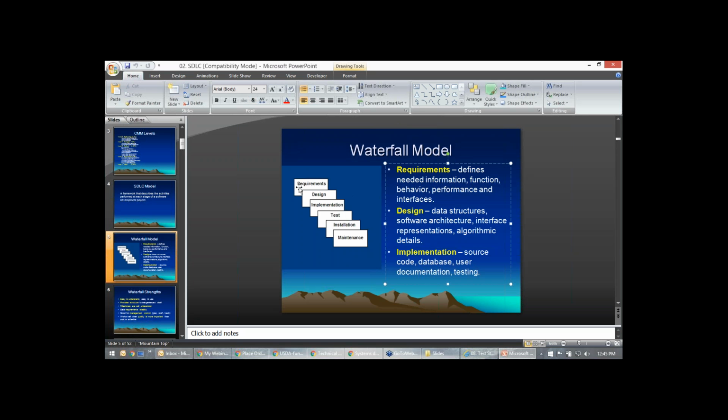Okay, let's see. So in the requirement stage, what will happen? We gather all the requirements. So the BA, business analyst, gathers all the requirements and puts them in one place, and then it gets approved by their manager, the BA manager, and all the stuff, and then it gets ready.